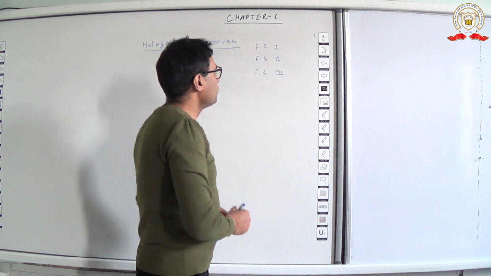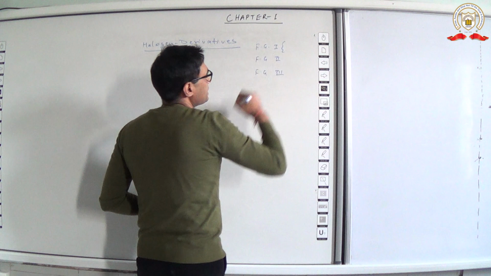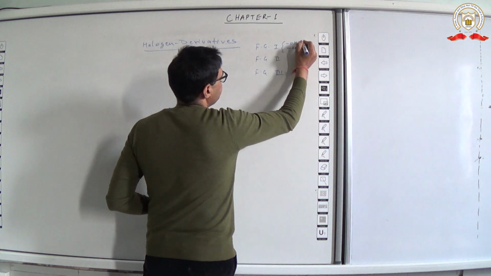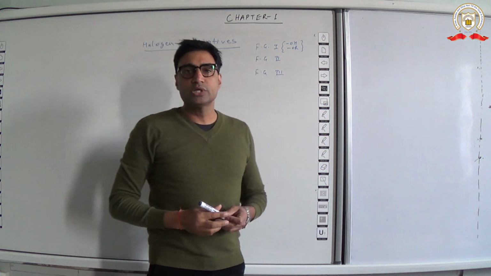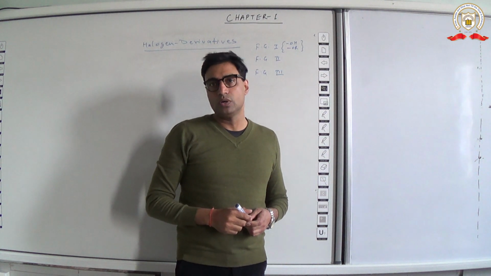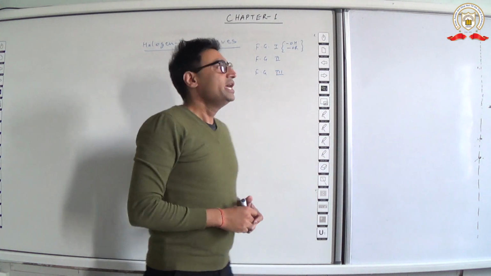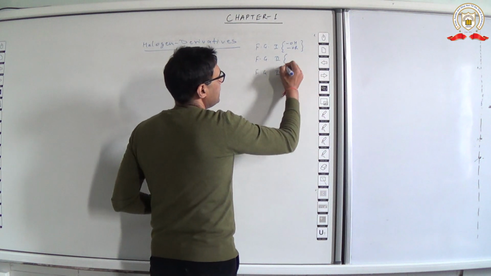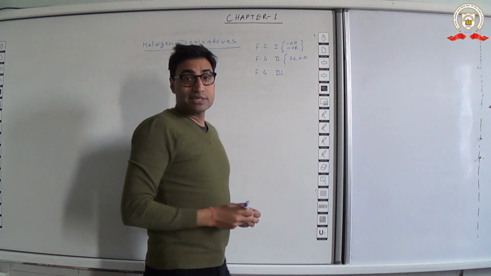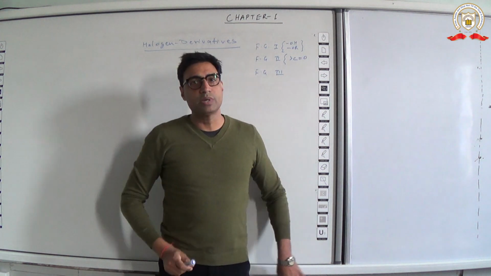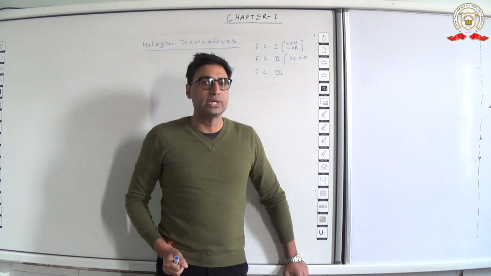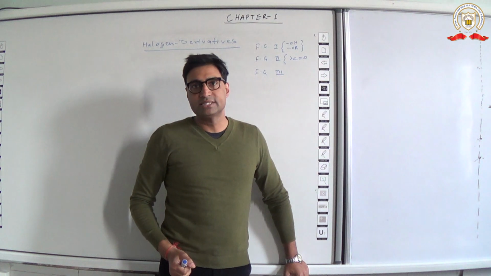If I talk about functional group 1, it basically involves OH and OR group. So in functional group 1, we will be studying about the ethers and alcohols and phenols. If I talk about functional group 2, it comprises of carbonyl compounds. They are considered as derivatives of carbon monoxide. So here in functional group 2, we will be studying about aldehydes, ketones, carboxylic acids and their